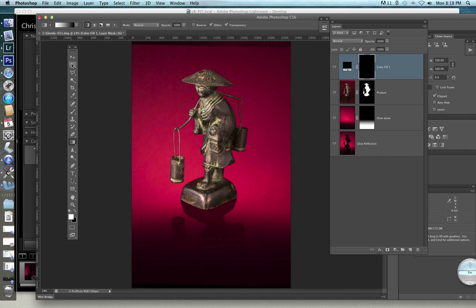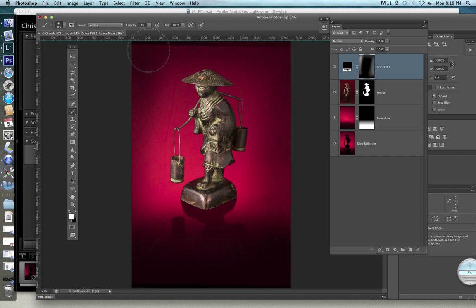And then you can get a brush, a big B for brush, and you can use the opacity at 11% or so, and with a white brush you can go ahead and shape your glow any way you want to. As long as you have the solid color fill layer, you can do anything you want to with your glow. You can darken the edges so that it kind of meets the area on the bottom,